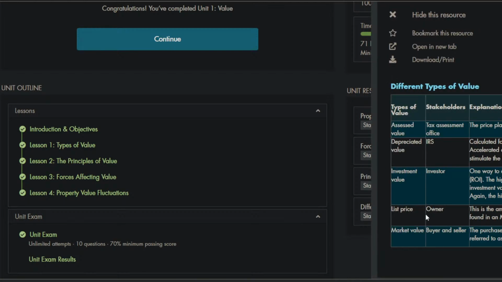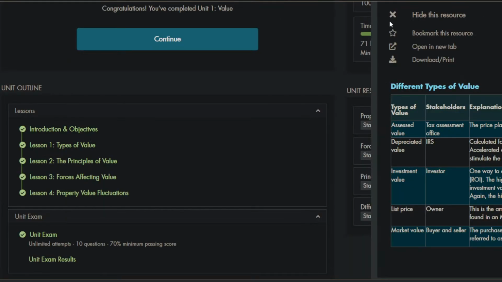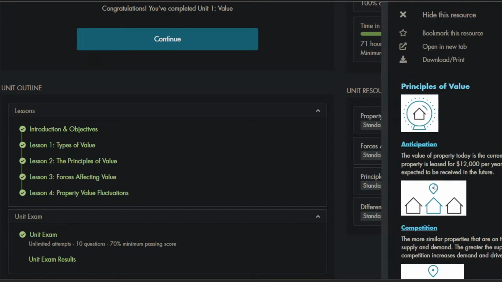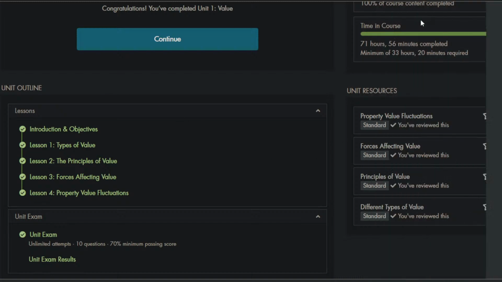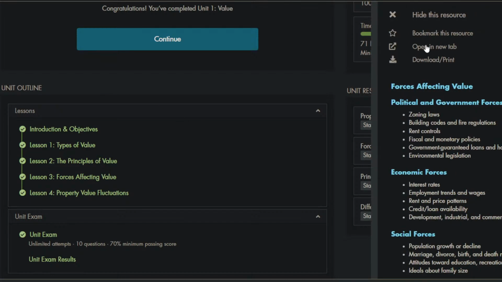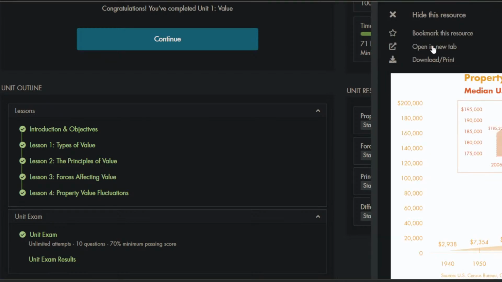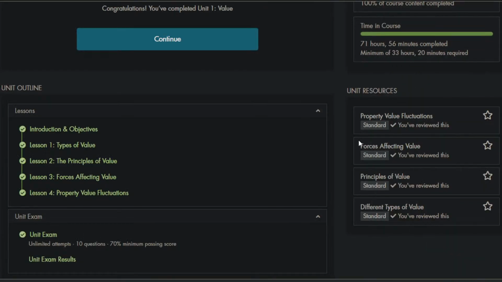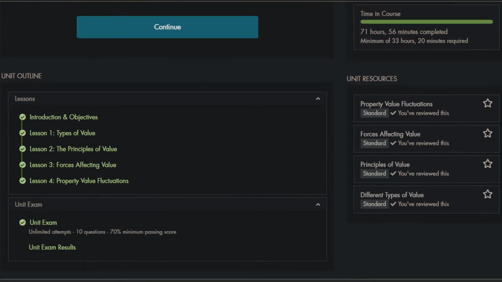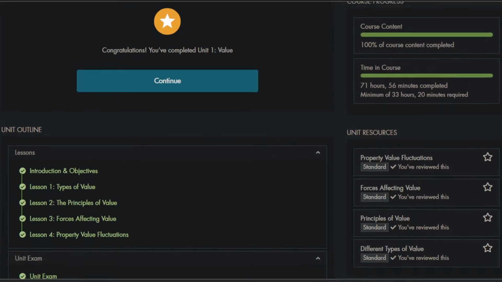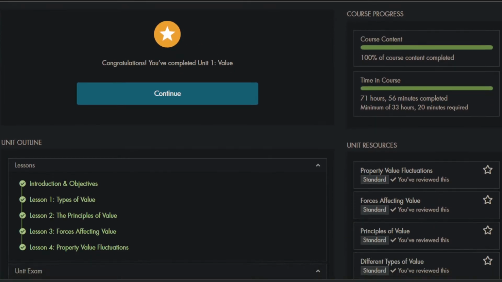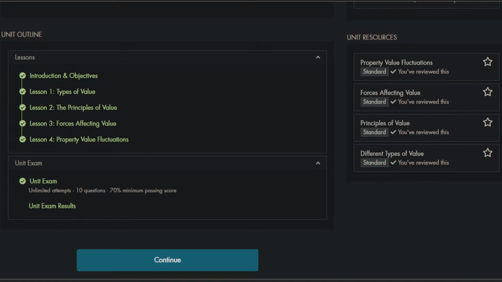So what I do is I click on it and I open it in a new tab and I get each resource ready so that I can kind of breeze through these tabs, these different sections. And it just allows me to kind of breeze through them a little bit quicker. So once I get started on a unit, I can get that unit done.